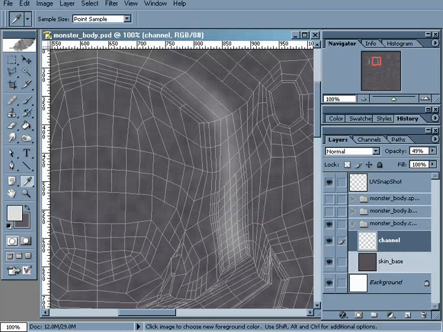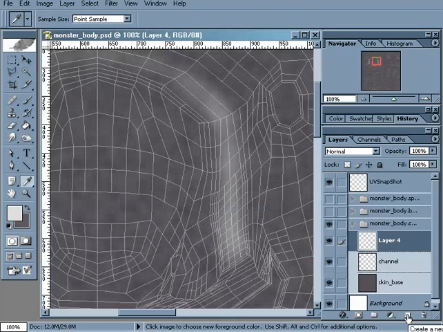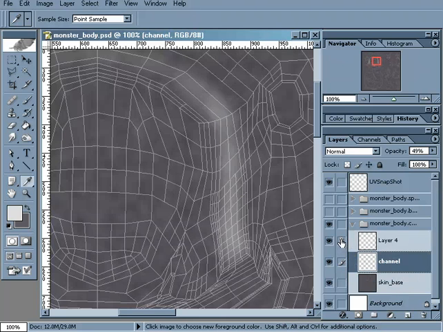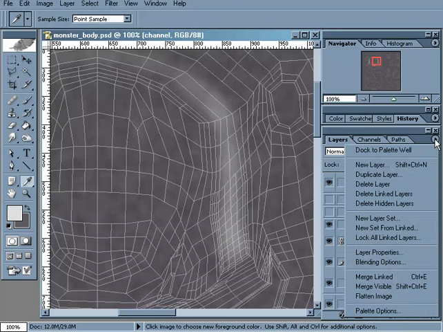What we can do is go back to Photoshop, and in this channel texture, let's go ahead and make a new layer just above it. Okay, it doesn't really matter what the layer is called. Now what we can do is select this new layer and the channel layer and link these together. Okay, and we can do that by just clicking on this little box next to the icon. Okay, and now what we can do is in this menu up in the upper corner of the layers palette, we can merge linked, or I usually just use the shortcut Control E. Okay, so let's merge these linked layers,